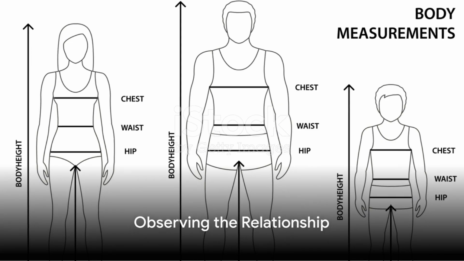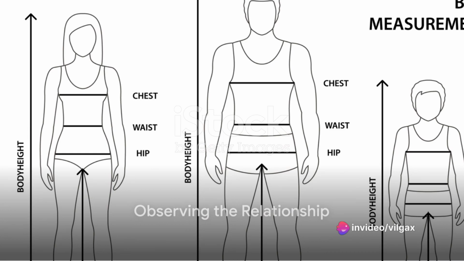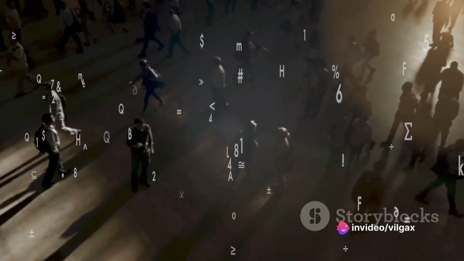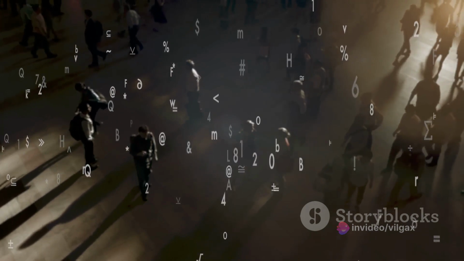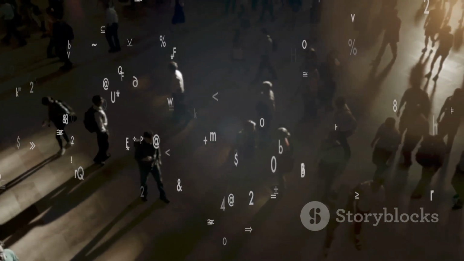Picture this. You're in a park, observing people going about their day. You notice that taller people seem to weigh more than shorter ones. Intrigued, you decide to investigate this further. You start collecting data on people's heights and weights. Now you've got a data set, but how do you go from a collection of numbers to a reliable predictor